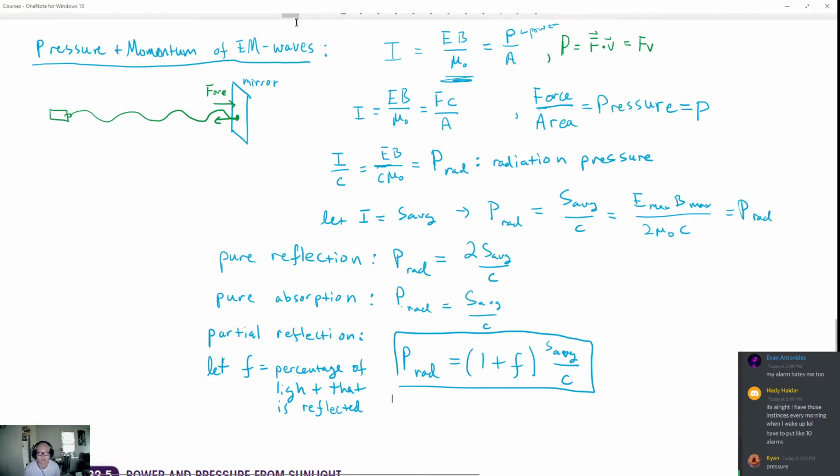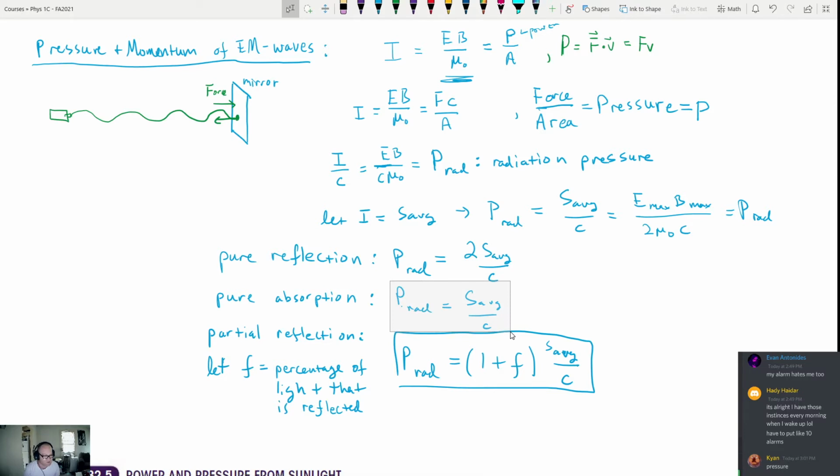So light can actually exert pressure. When you take a laser beam, like a laser pointer, and you shine it on a board, there's a certain amount of pressure that's put on that board. The amount of pressure is however powerful the laser beam is, divided by the speed of light, and then multiplied by this. It's important to understand that this quantity is going to be a very small number most of the time. For example, if we looked at the radiation pressure from the sun on the surface of the Earth,